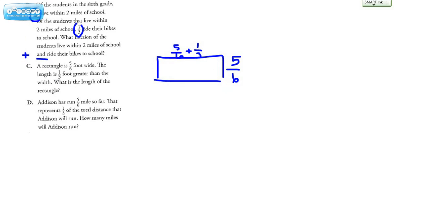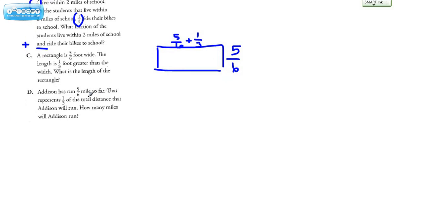So that means D is pretty promising, so let's make sure we can make sense out of this. Addison has run 5/6 miles so far. That represents 1/3 of the total distance that Addison will run. How many miles will Addison run? If we were going to write an equation for this, it might look like this. 1/3 times the total distance, that's supposed to be a 3 by the way, times the total distance would equal